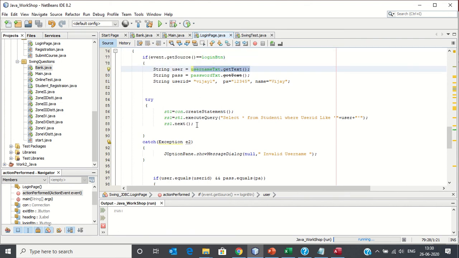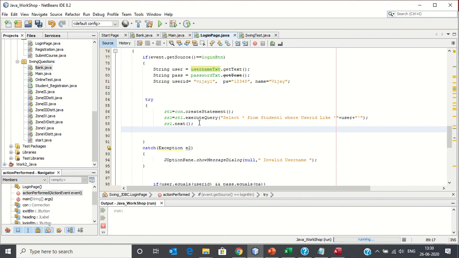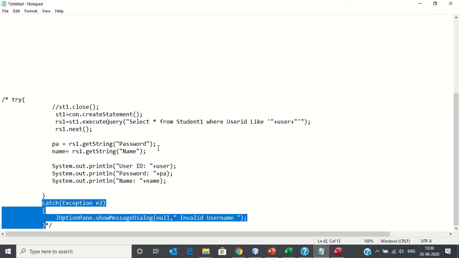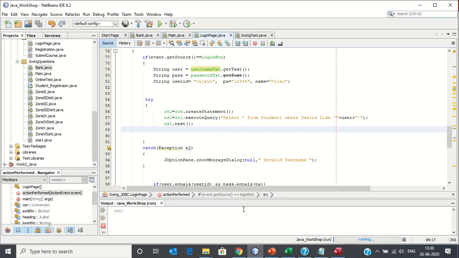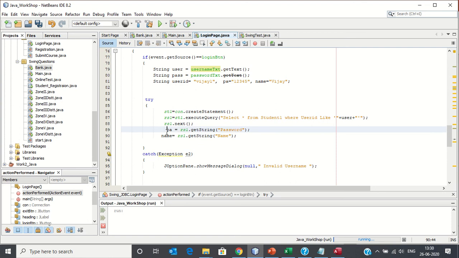If that row is selected, then we have to pass the value from that row for the password. In order to pass the value from the password, we can use two methods. I am directly pasting PA. PA is the variable, so I am updating this as the password field.